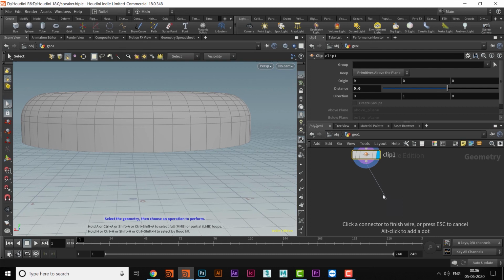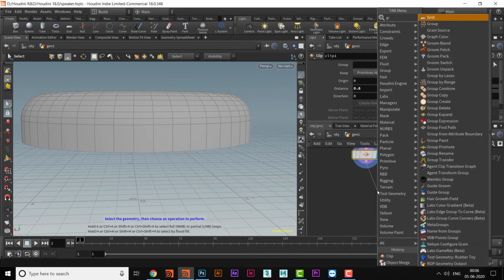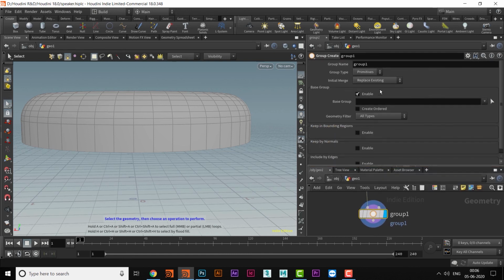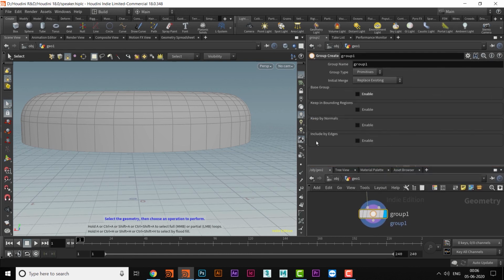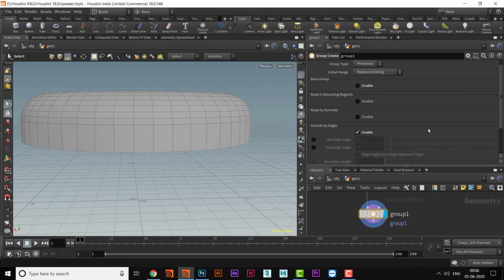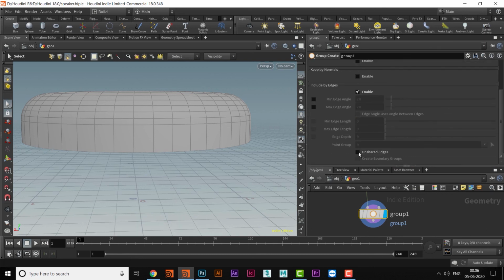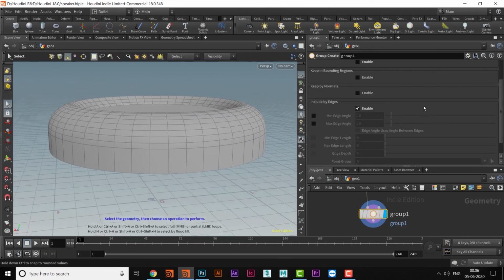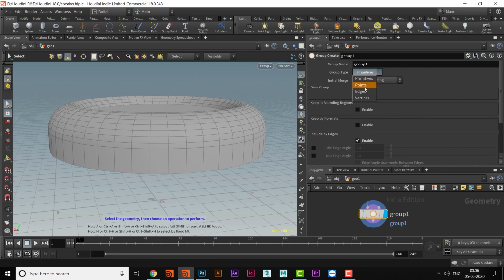So now I will come here and take the group again, and then disable this base group, and then include by edges, click on this, and then unshared edges, click on that. Okay, so take the edges.